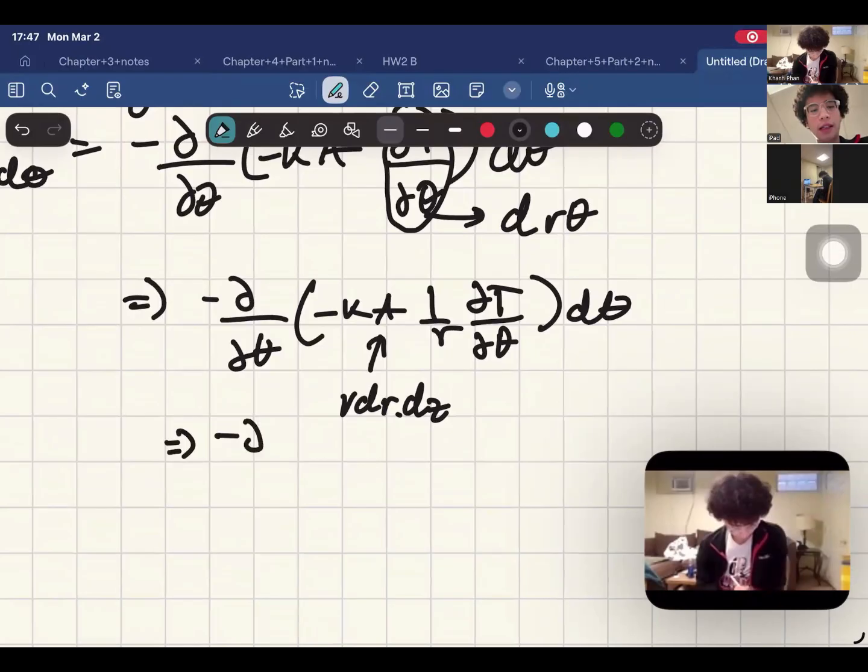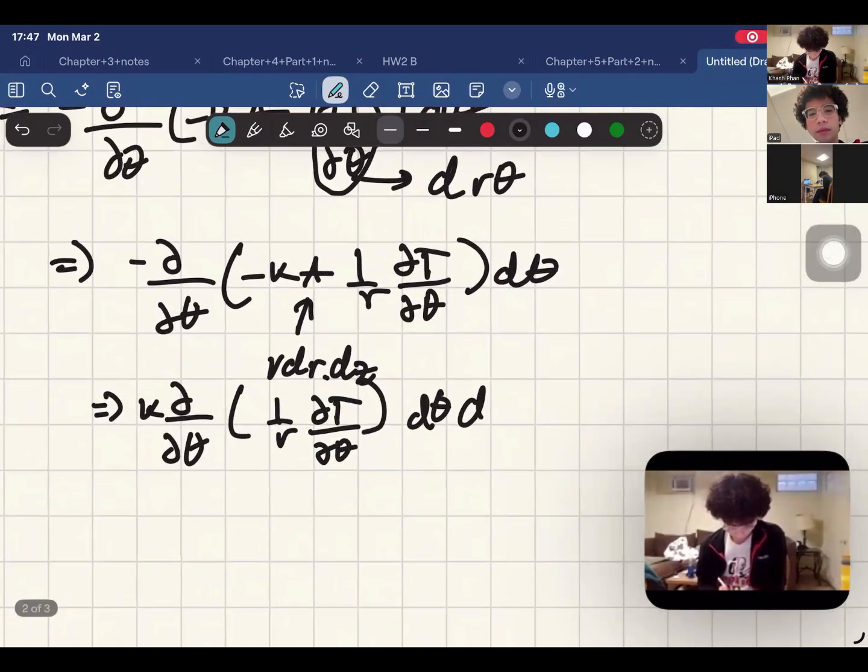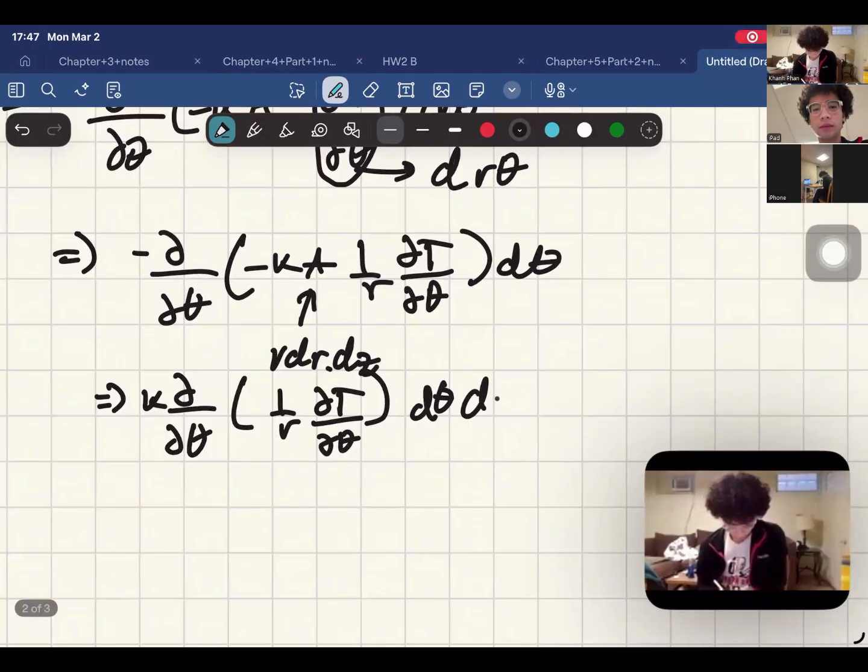So we would have this k, take out the negative, take out k, 1 over r dT d theta over dr, then